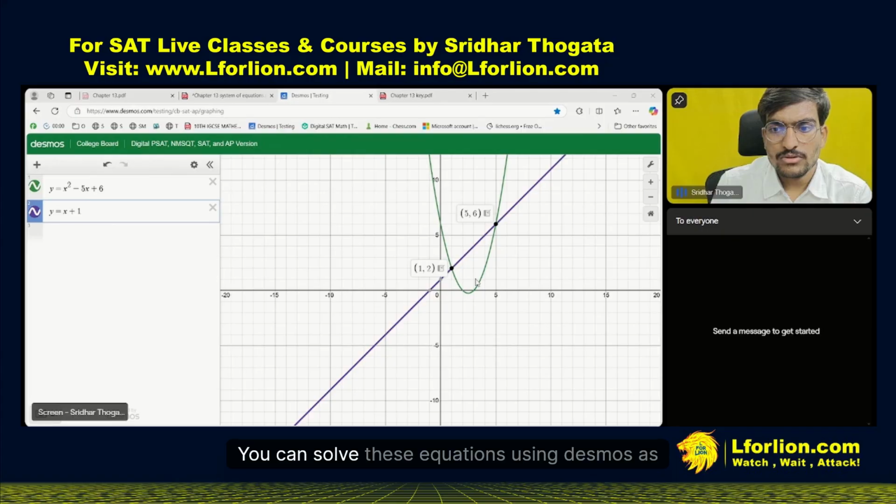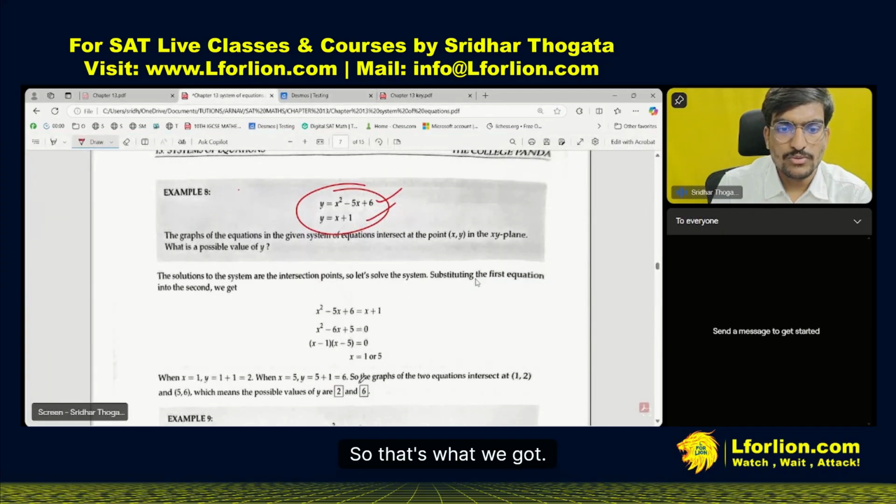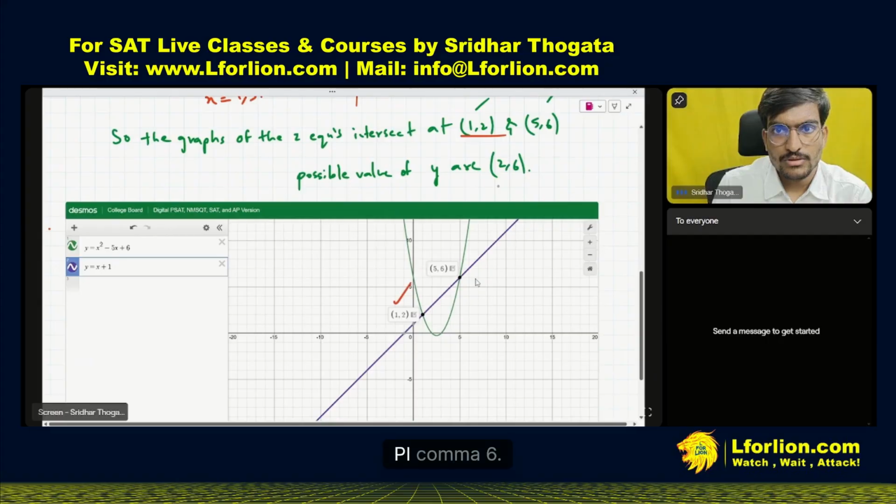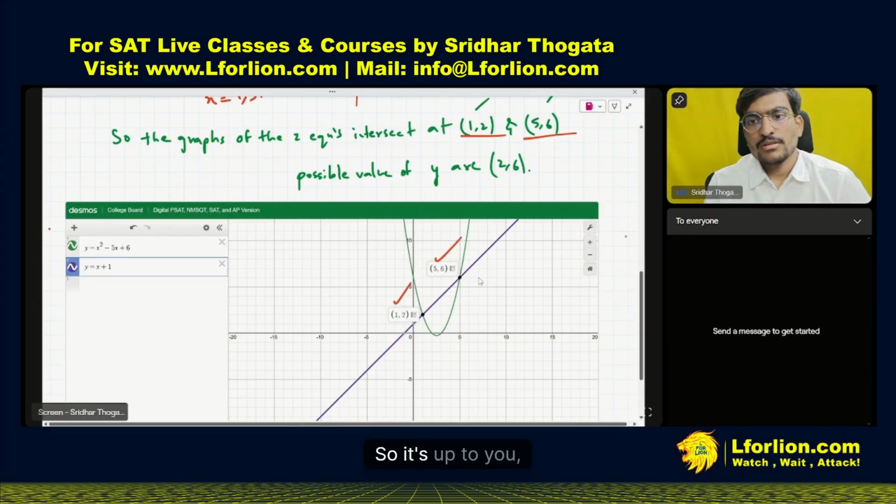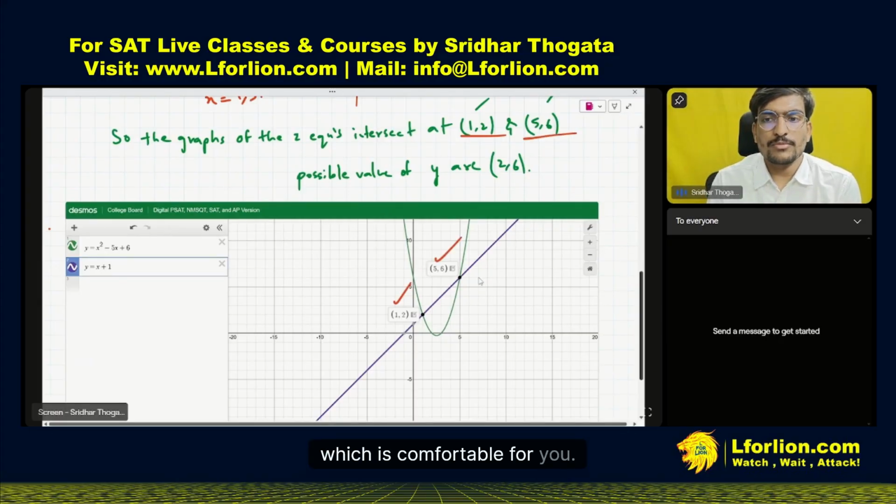You can solve these equations using Desmos as well. So that's what we got, 1 comma 2, 5 comma 6. So it's up to you which is comfortable for you. Either you can use Desmos or you can solve by